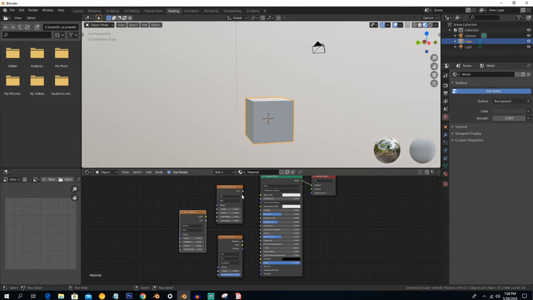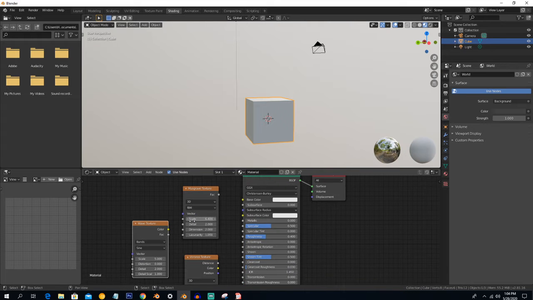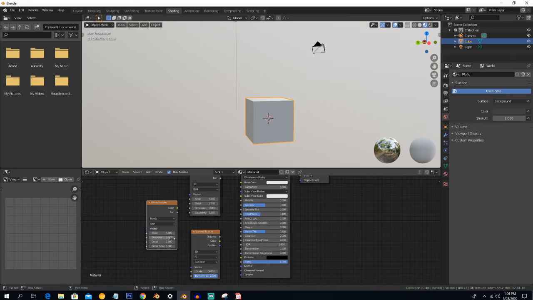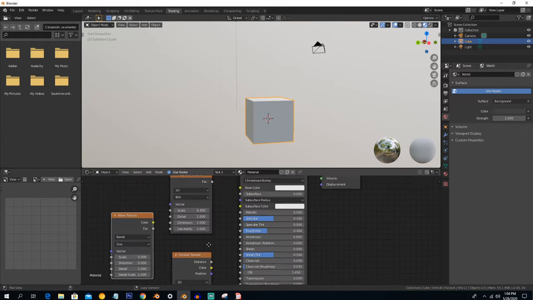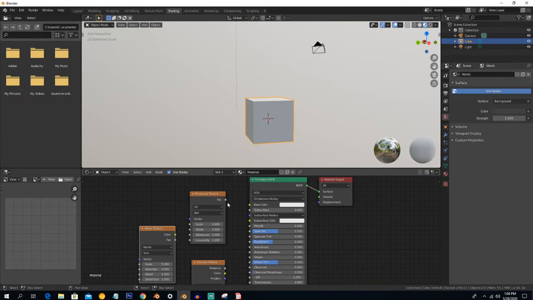So for example, these are procedural textures using these mathematical values. You can see here these numbers. These are the mathematical values, and also there are many options here you can go through to get your desired result.